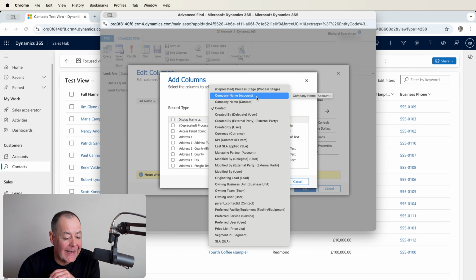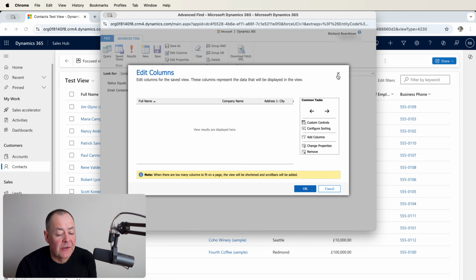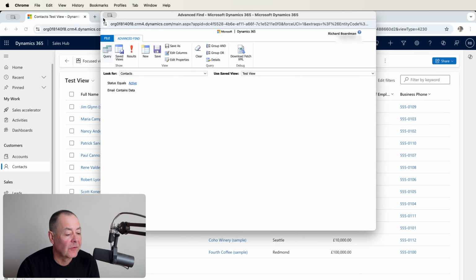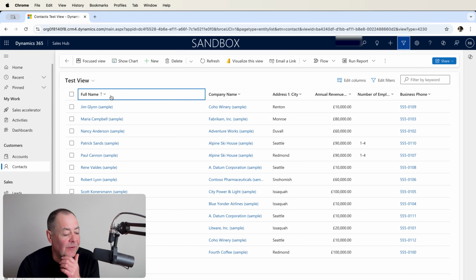So if I wanted to add a field, say annual revenue, or something about the address or the website of the associated account, I can do that by looking up at the parent record. But you can't do that with child records. We do, however, have the option to start from the child record and have information about the related parent records. So let's say